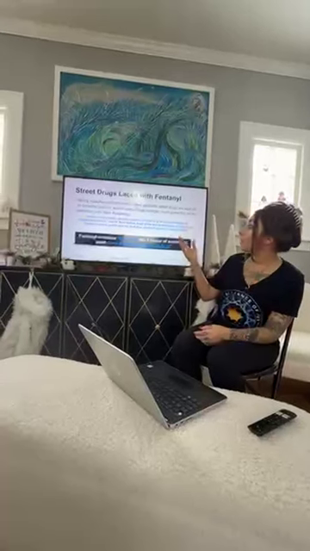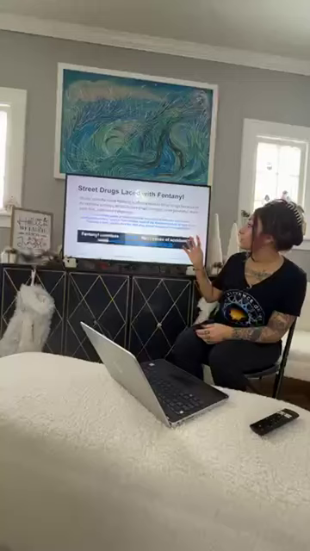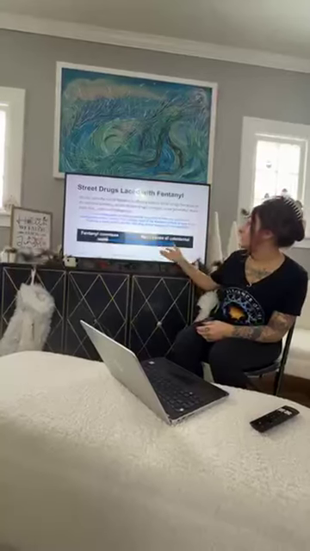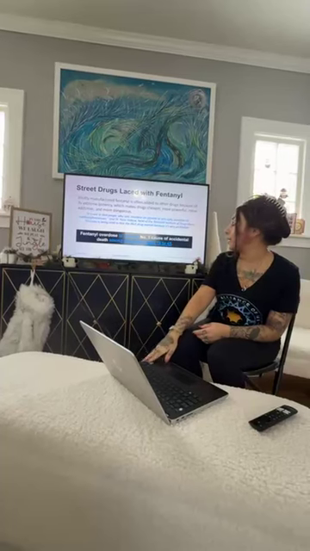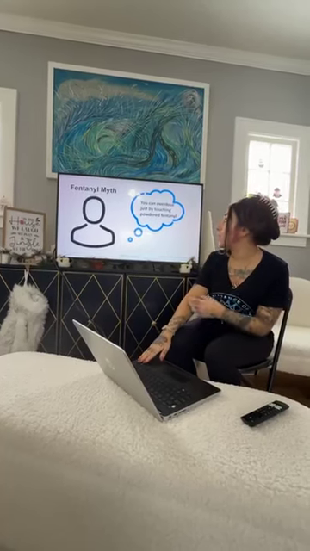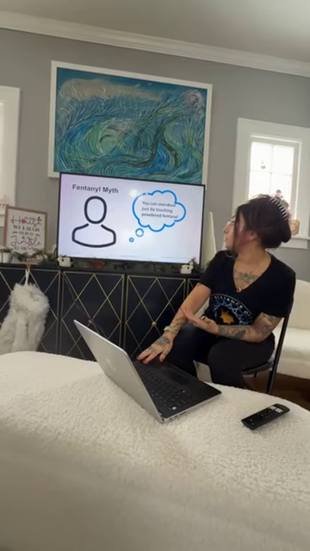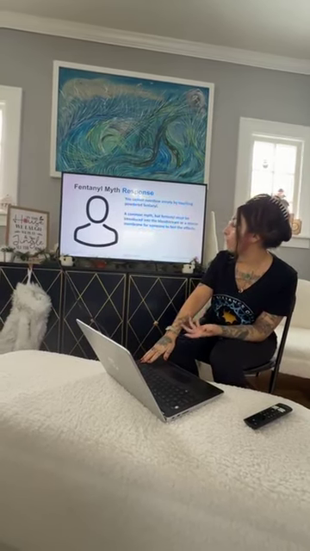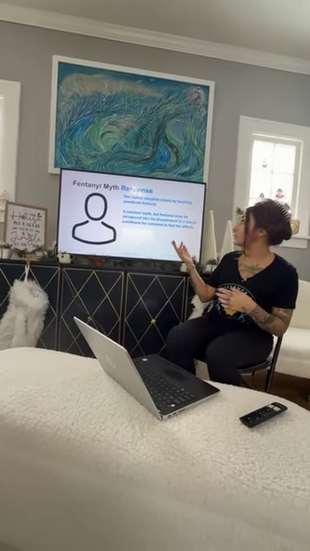We do have a lot of the street drugs laced with fentanyl today because of that. It's the #1 cause of accidental death among Americans ages 18 to 45. A few myths, because this has gone around on social media. You can overdose just by touching powdered fentanyl. This is false. You cannot overdose simply by touching powdered fentanyl. It must be introduced to the bloodstream or the mucous membrane.